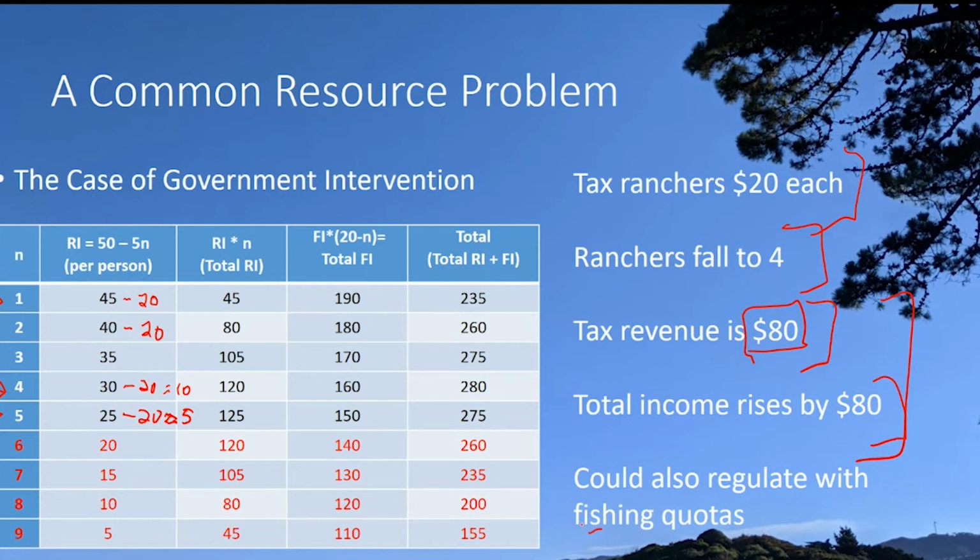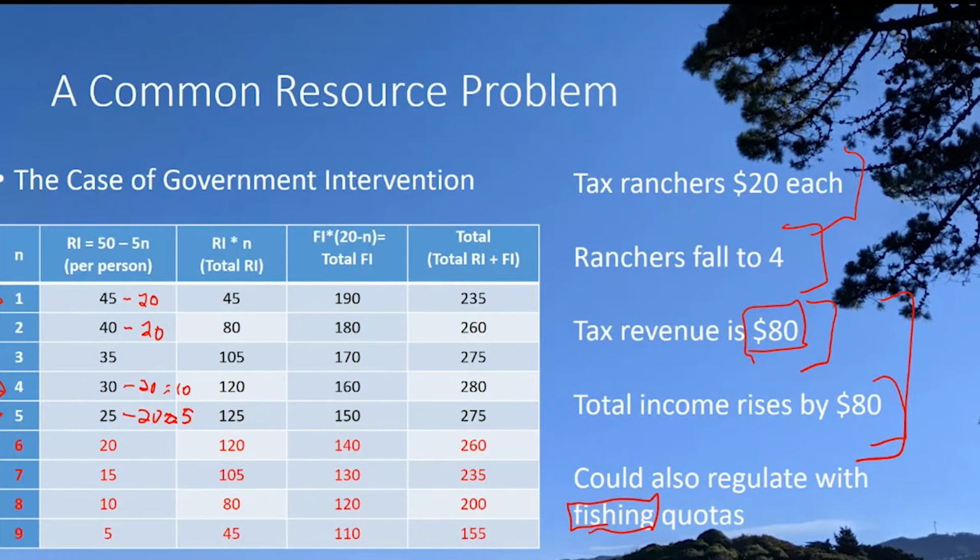I've got regulate with fishing quotas. If you're in a fishing industry, there's another way in which you could do this. Instead of setting a tax, you could actually just say there's a quantity limit to fishing. You can say, well, we're going to let fishermen go out and fish, but we're going to limit their catch and say they can only come in with a certain amount of fish to try to prevent the overfishing.